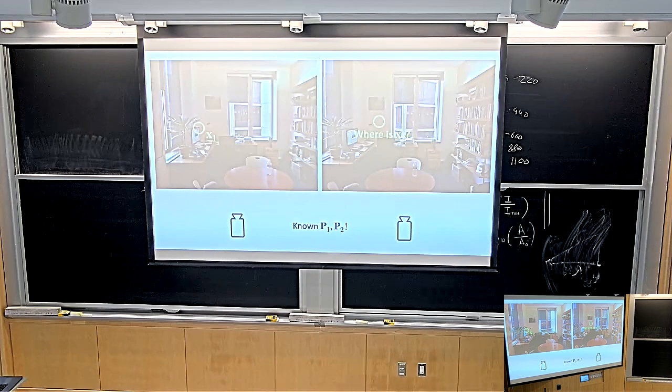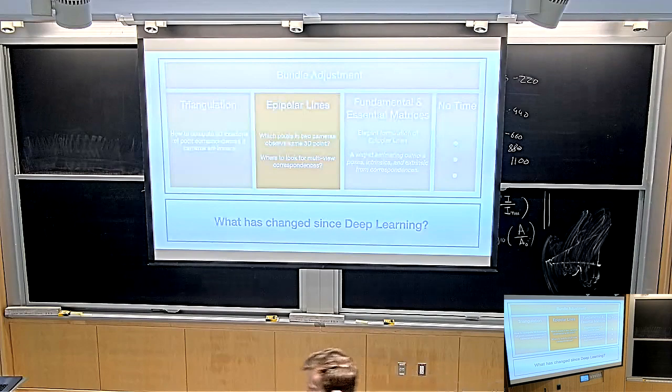Of course, you could look at every pixel, right? Here's an example. You take that color there and you match it to every pixel in the other image, and then you get a set of candidates. In fact, that wouldn't work at all. But you could get slightly smarter. Instead of just taking the color, maybe you take a slightly more complicated descriptor and you match it to every possible pixel. It turns out you don't have to look at all the pixels. Instead, what you have to look at is the epipolar line.